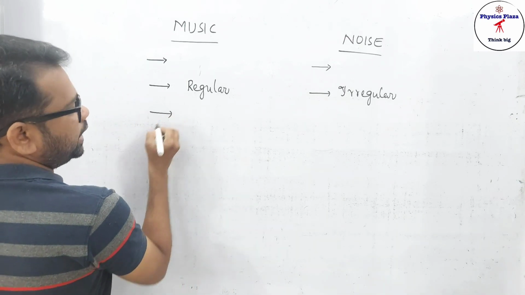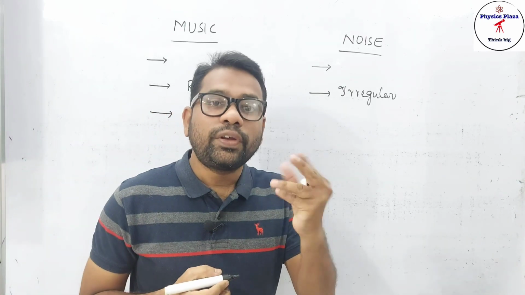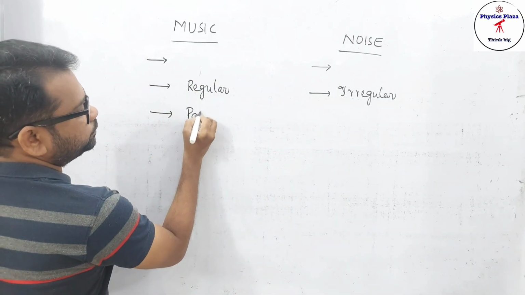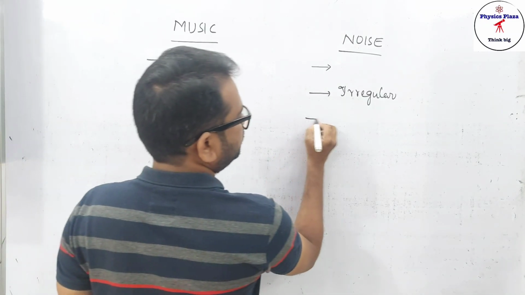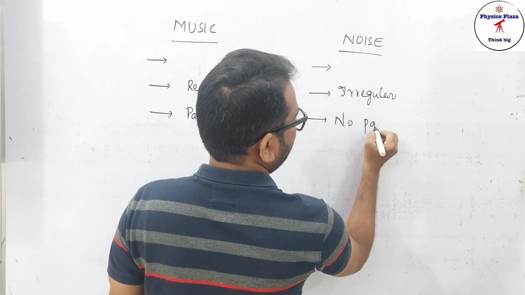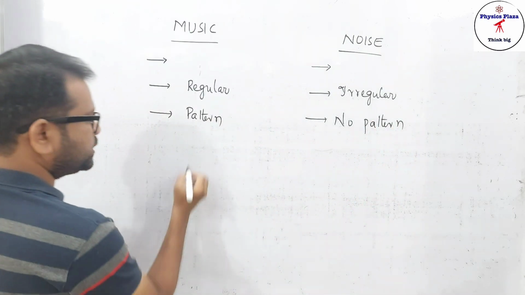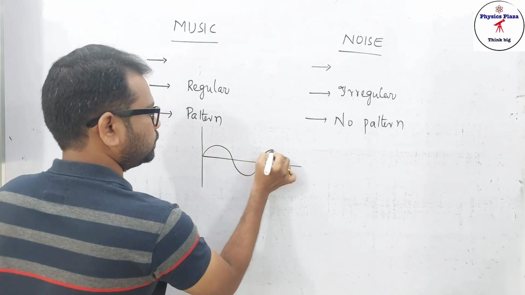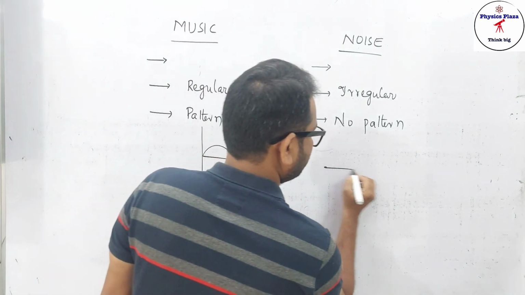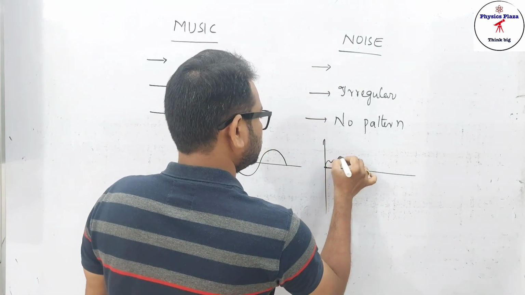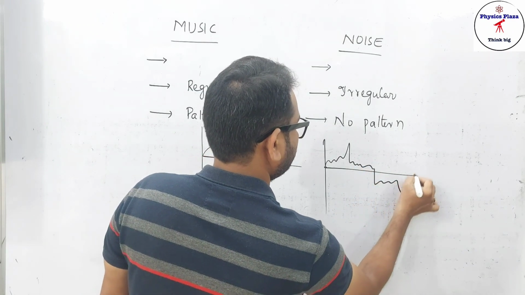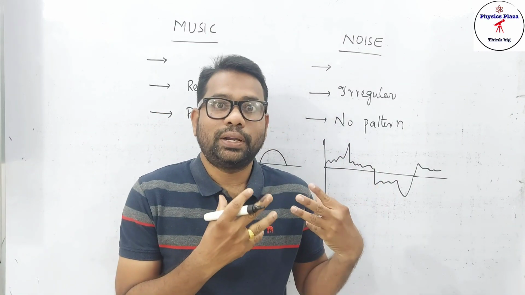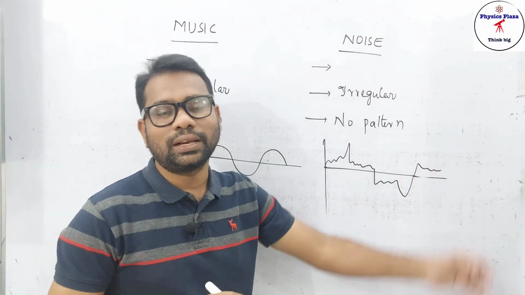If you see the waveform of music, it has a regular, particular pattern. Here there is no pattern, it will be zigzag. Let me show you an example. For example, here it may look like this, so a particular pattern is there. Whereas for this, if you notice, it will be like this. It's like in movies, whenever there is a scene in ICU, the pattern of the heartbeat they show like this. It is an irregular manner.